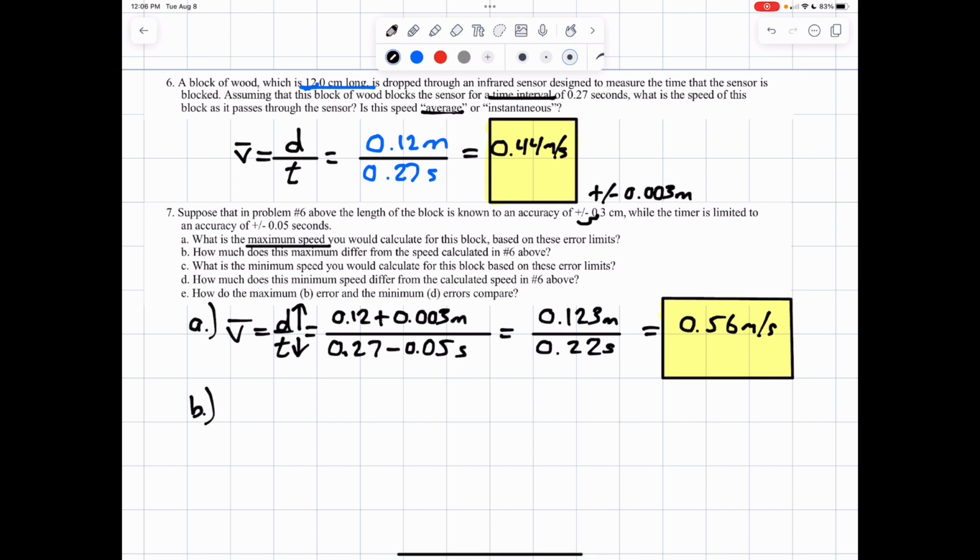Part B, how does the maximum speed differ from the speed that you calculated? Well, the speed I calculated was 0.44 in number 6. This is 0.56. So 0.56 minus 0.44, you can see the speed is 0.12 meters per second greater